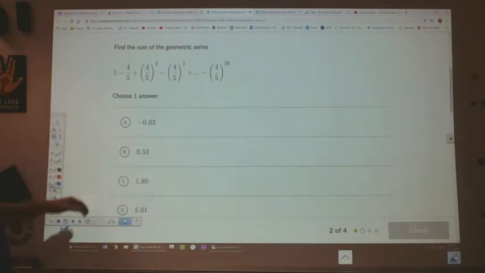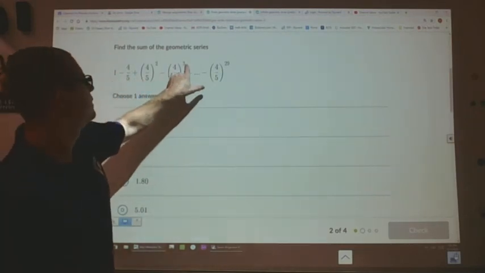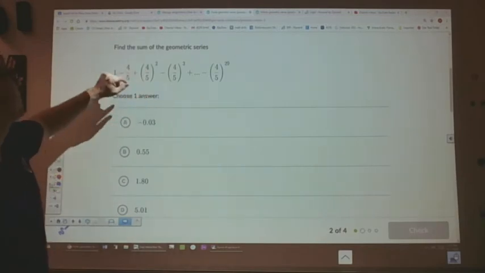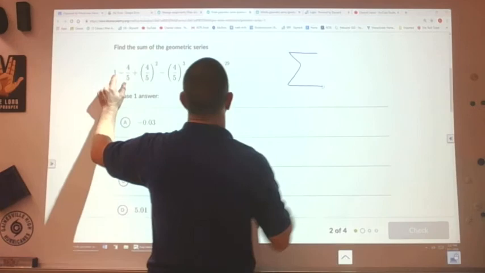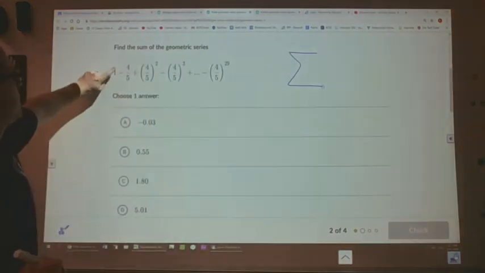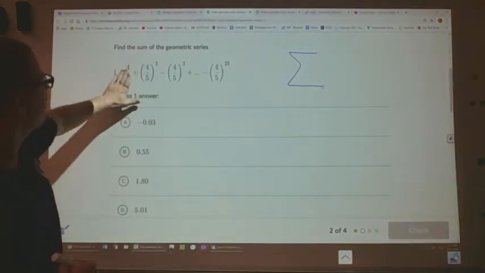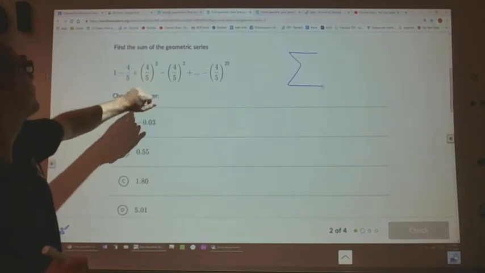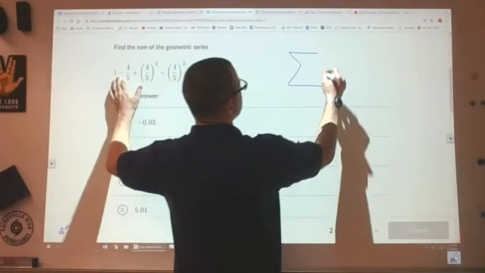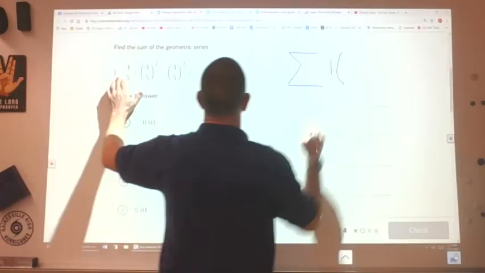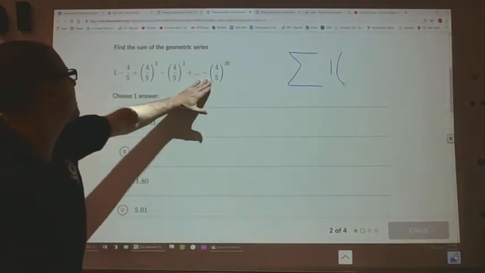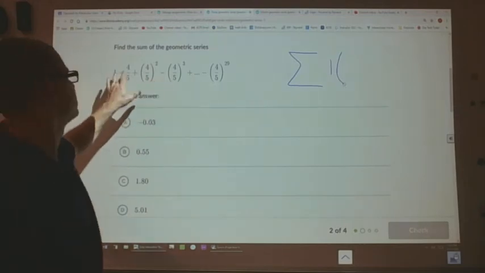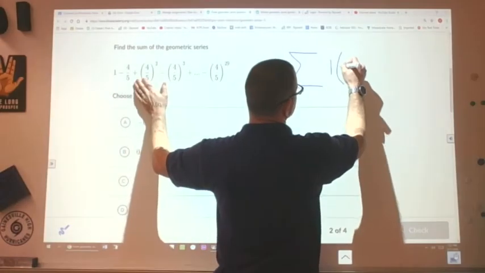Same idea here. Find the sum. We can see that it's, well, we'll see. So let's write the sum out. 1, negative 4/5, 4/5. So the ratio is pretty easy to get here. They're just multiplying by 4/5 each time, and it's negative. So negative 4/5 is my ratio,